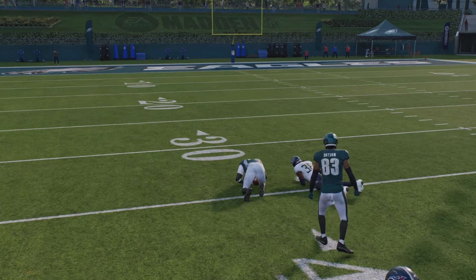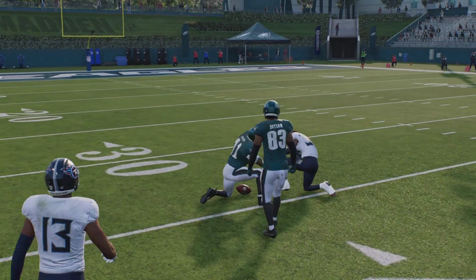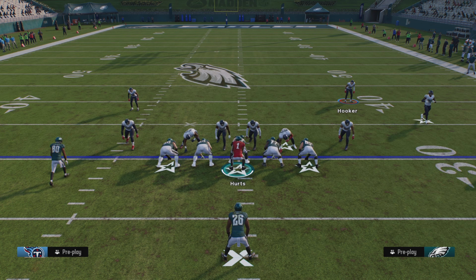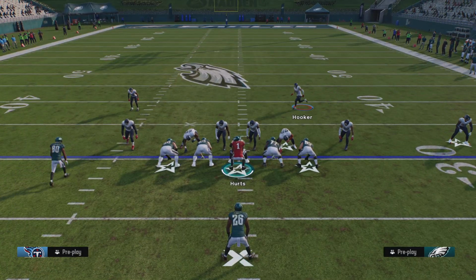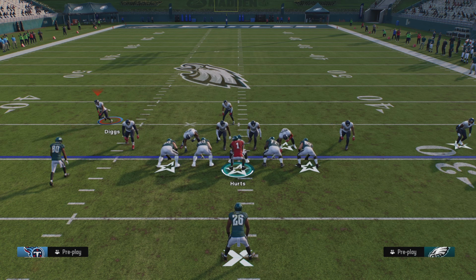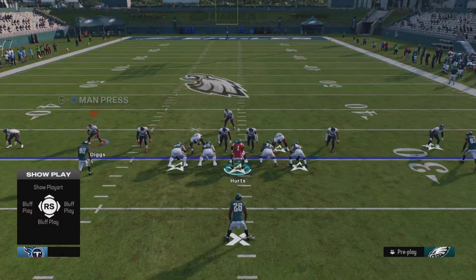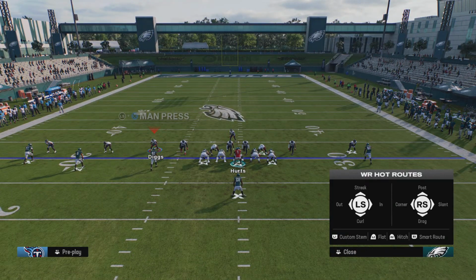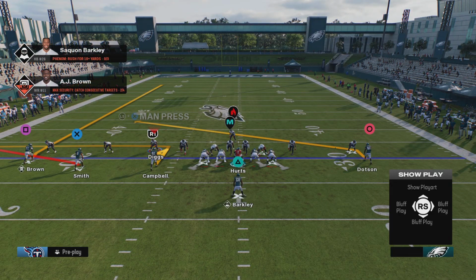And I high pointed it, didn't need to. If I didn't high point it, he wouldn't have had to jump, and that was easy, right? So let's pretend that Brown is locked up by Sneed. Not Stingley, Sneed, 73. At least I think that's who that's supposed to be over there. Didn't he recently sign with them? Well, anyway,